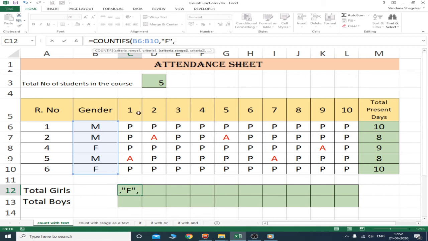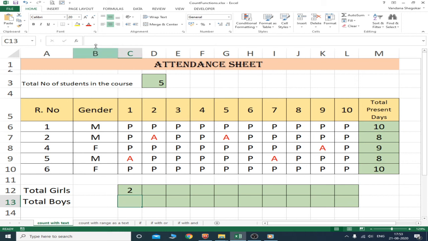My second criteria range is for presentee, and I want to count total present girls, so I will write here P. If you wanted to count total absent girls, then you could have written A. So here 2 girls are present. Let us write the formula for boys also.